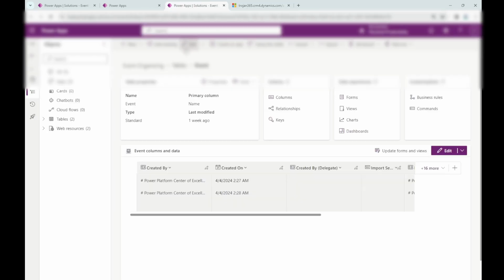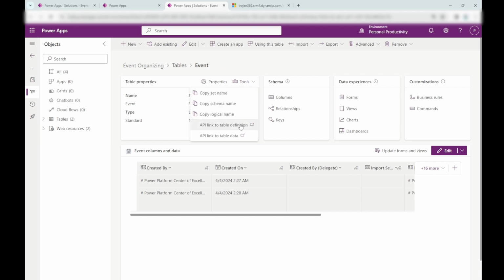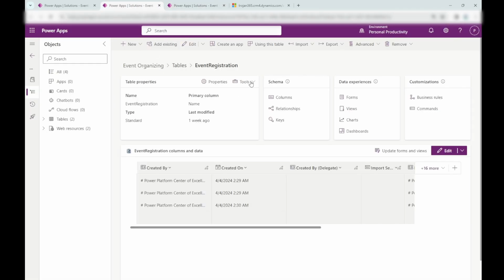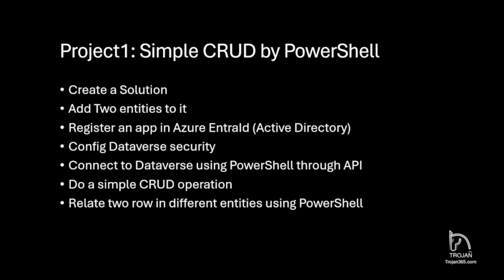And then we are going to register an application in Entra ID, formerly Azure Active Directory, to be able to connect to the Power Platform using PowerShell. We will also configure the Dataverse security to make it possible for this application to be connected to the environment. Also, we will connect to Dataverse. We'll learn how to connect to Dataverse using PowerShell